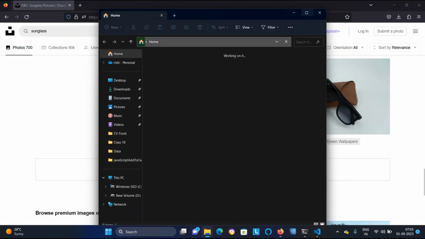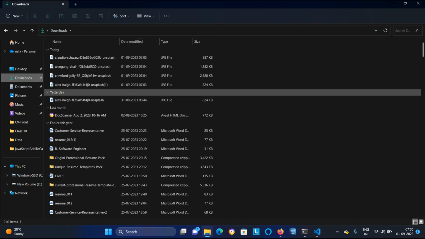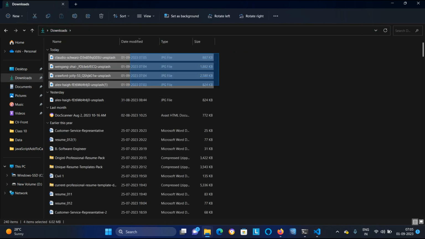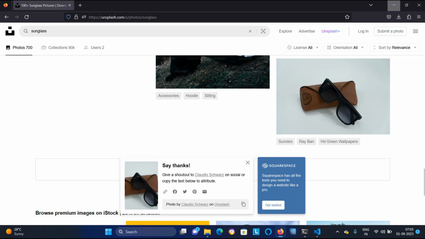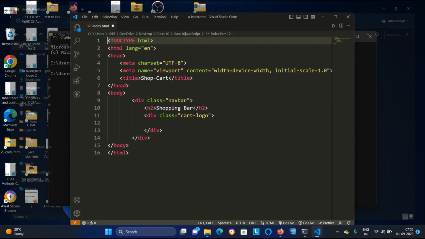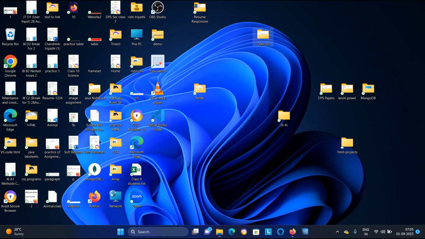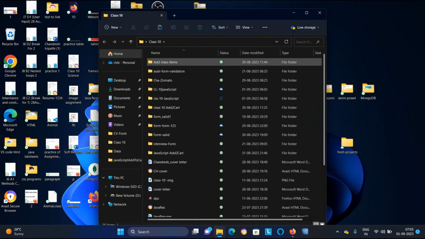So go to your downloads. Here I have downloaded the 4 images. Press Ctrl C, go back, come to your folder. Where was our folder? My folder was in that class 10th, this is class 10th JavaScript.